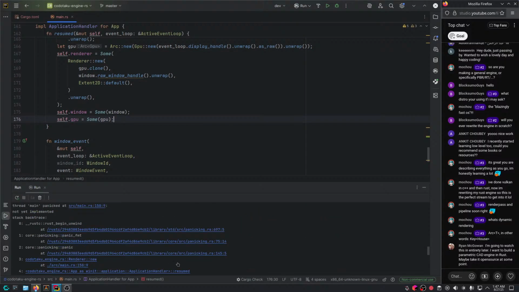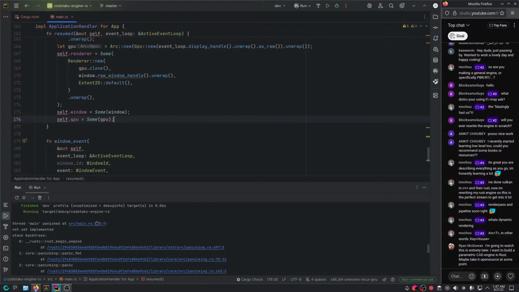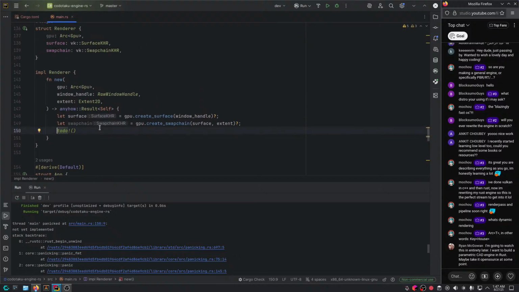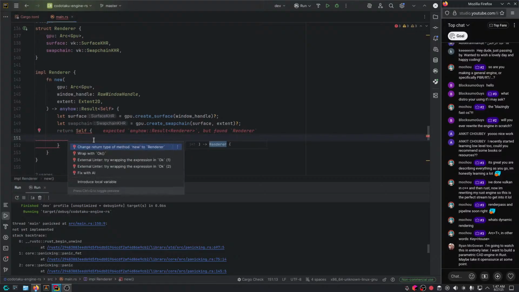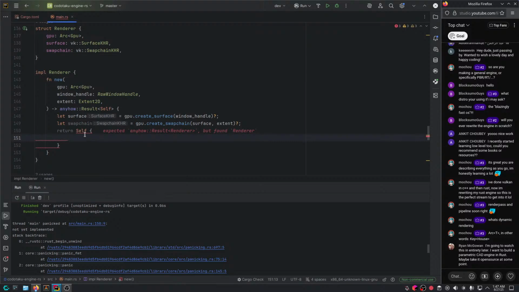And we have a crash, or what was that? Not yet. Oh yeah, I forgot to actually return a renderer here. Okay, let's return self. Oh yeah, we need to return Ok(self). Add the missing fields, and there we go.